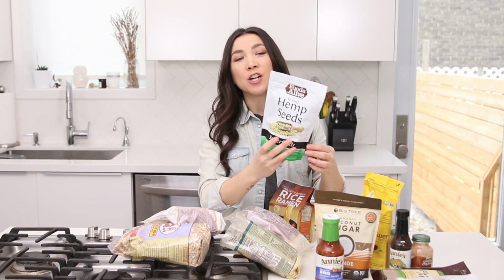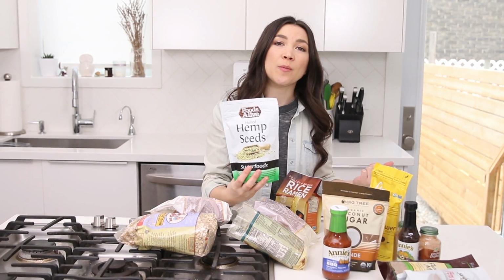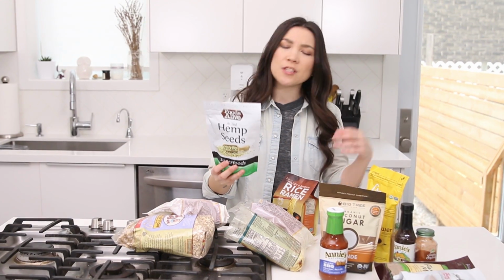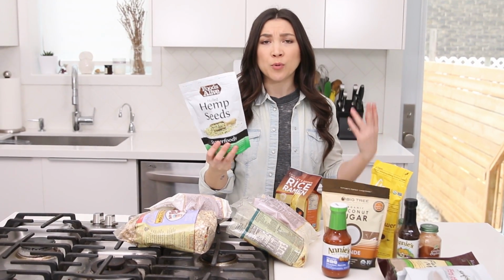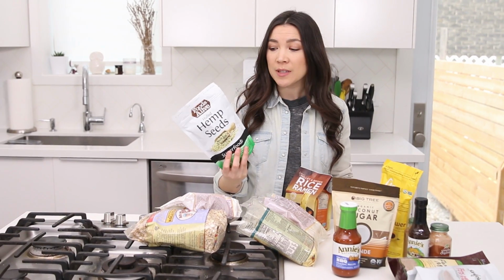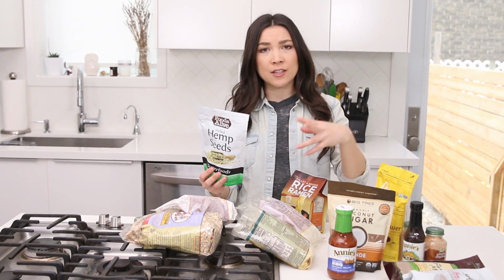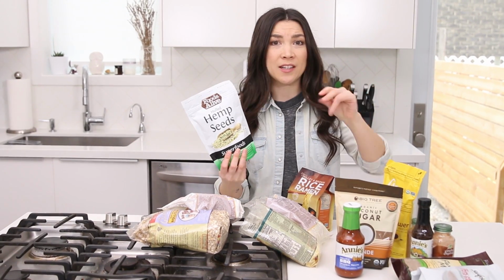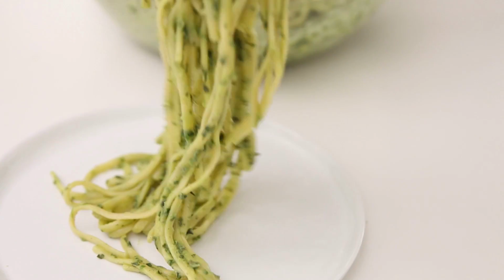All right, next up, hulled hemp hearts. In fact, you actually store them in the fridge. They'll last longer. So you can put these in smoothies. They're a really good source of protein for vegans. 3 tablespoons has like 15 grams or something like that. But also they're great as salad toppers, pasta toppers. You can mix this with the nooch and it can be kind of like a vegan parm topping for any